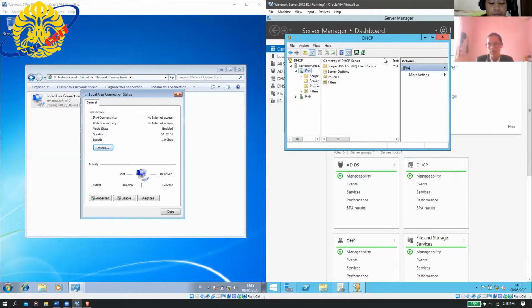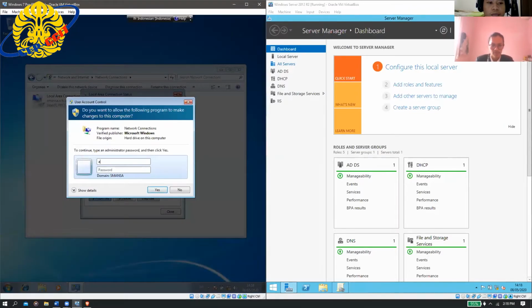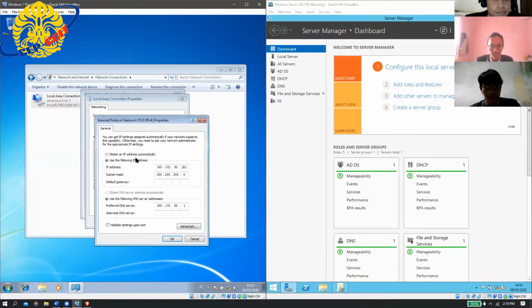And you can set the clients' DNS server IP to match the IP of the server, like this. You can click IPv4 and change the setting to obtain an IP address automatically.